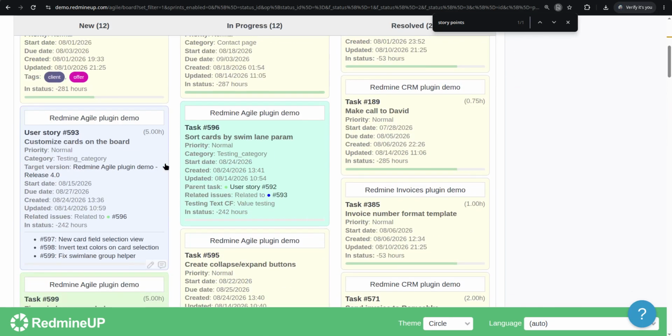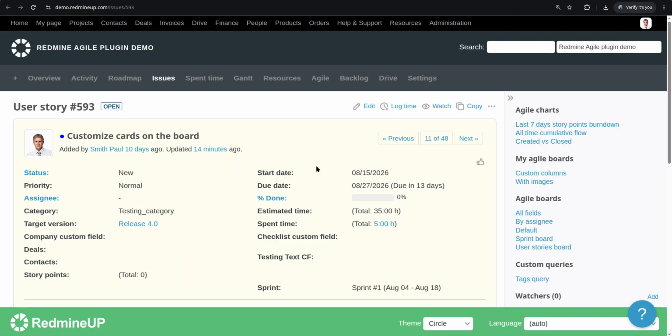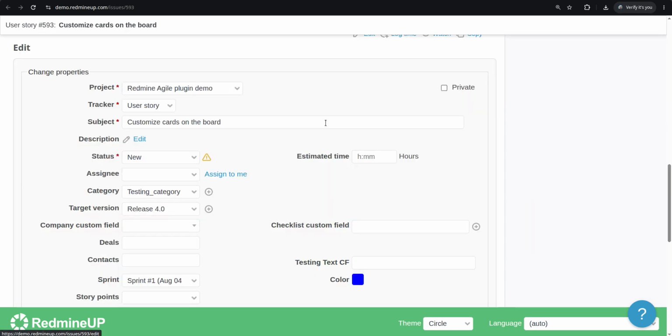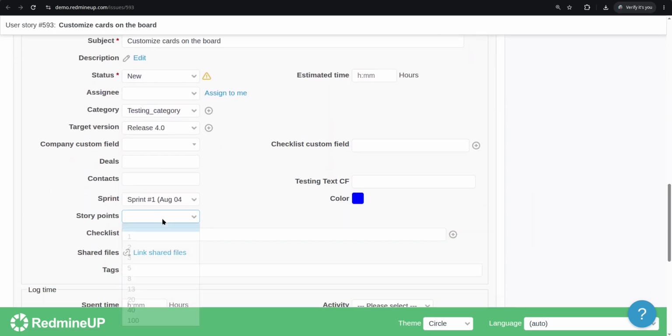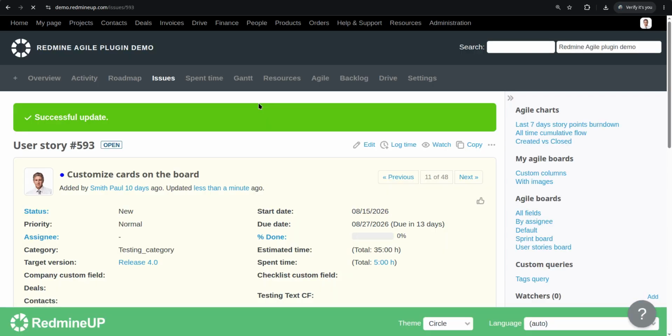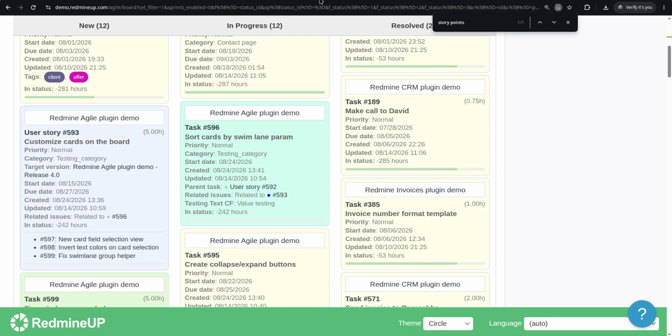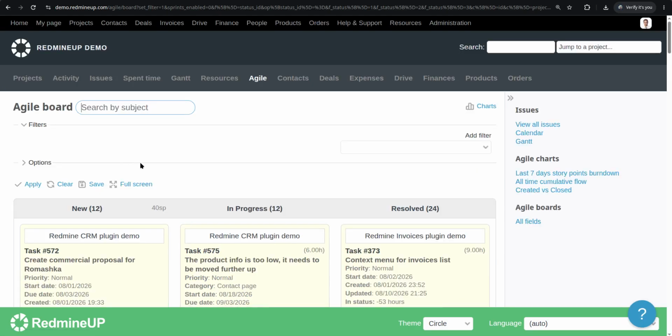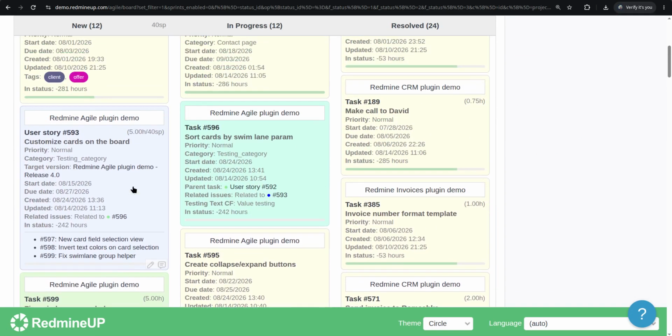I see that we do not have, so we open some ticket and we see that we do not have story points indeed. So we edit this and add some, for example, 40. So if we return back now to the board, refresh it, we see that here it is listed, 40